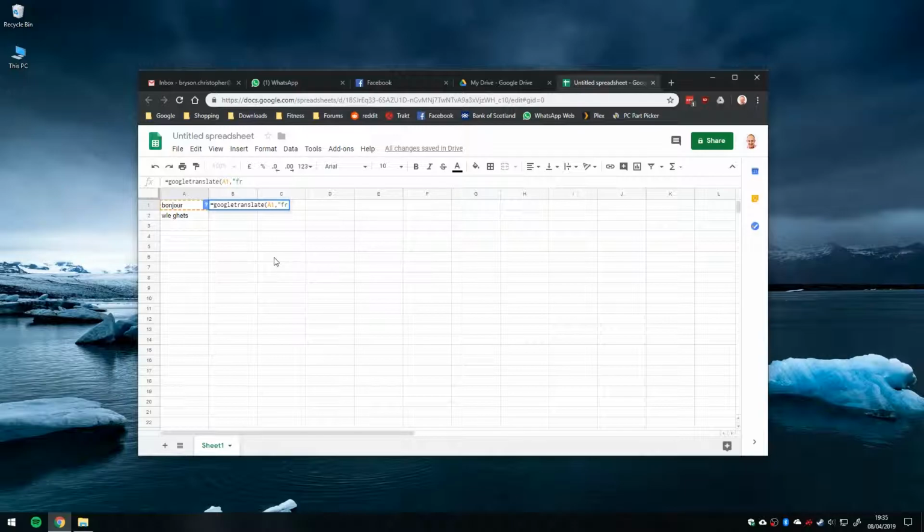We'll take a look at that in a moment. Close the quotation mark, comma, and we put in again the 2-letter ISO code for the language we want to translate into. So we're speaking in English, so we'll put EN for English, and we'll close bracket. So that's the formula. Equals Google Translate, open bracket, the cell we're translating, comma, the source language, comma, destination language,